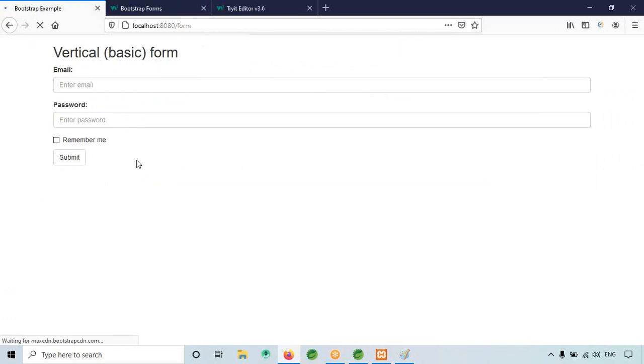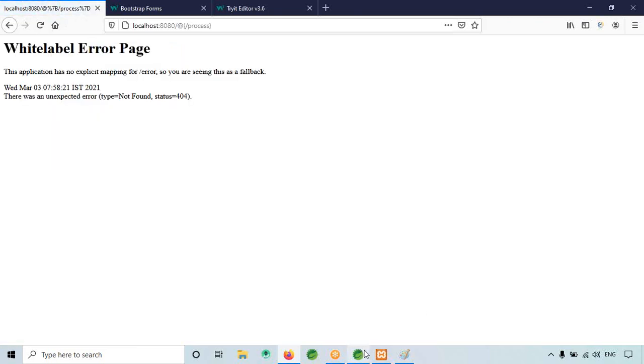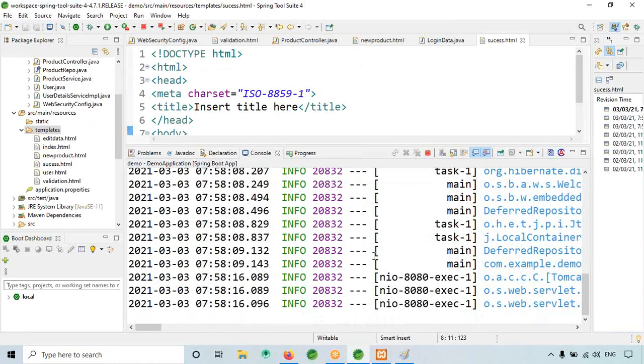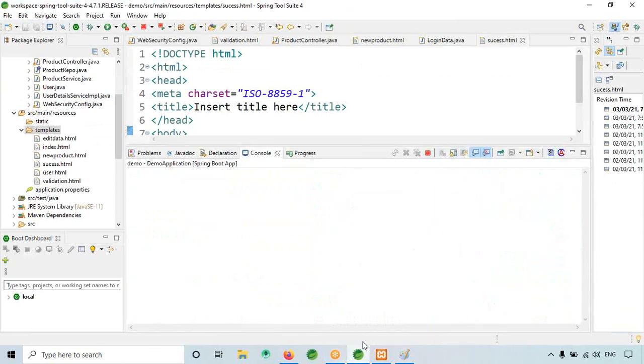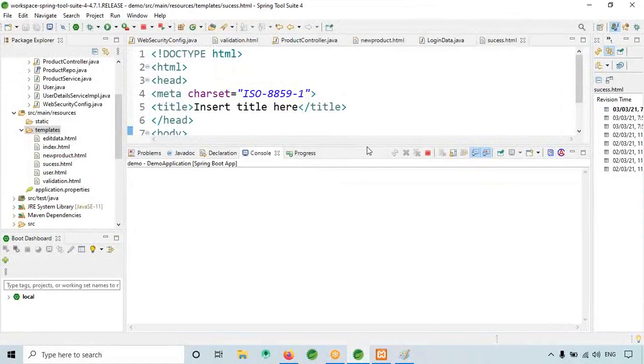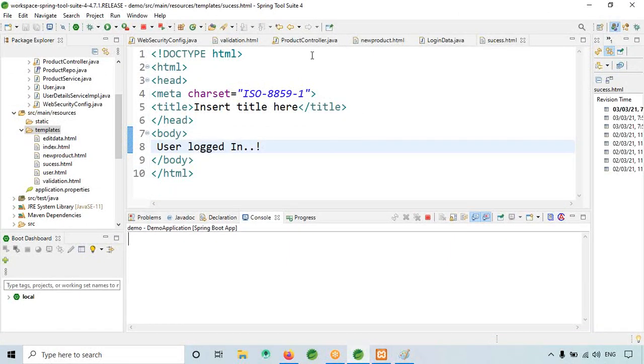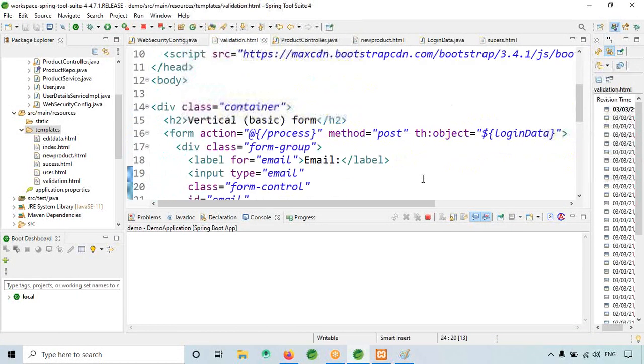Okay, refresh. When I click the submit button, it has to go to success. Okay, some error is there. What is that? Okay, see here, there is a syntax error I've made in the validation here.